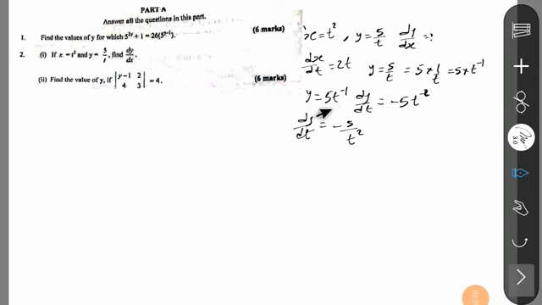Okay, let's find our dy/ds. So we're getting our ds/dt and dy/dt. ds/dt is called this, and dy/dt is called what? This. So let's find our dy/dt. I mean dy/ds. So to get our dy/ds